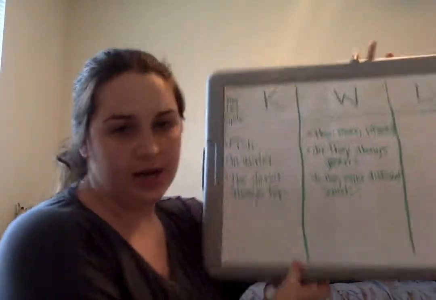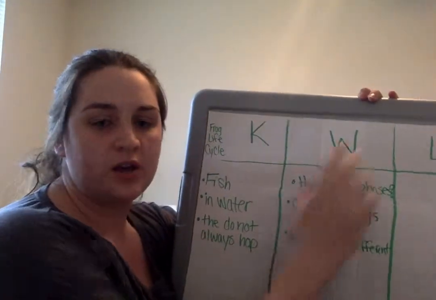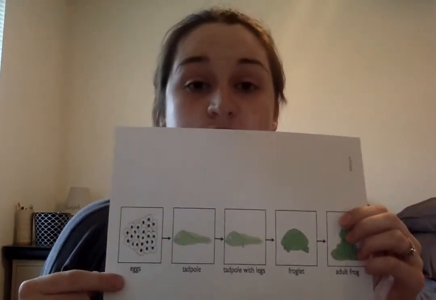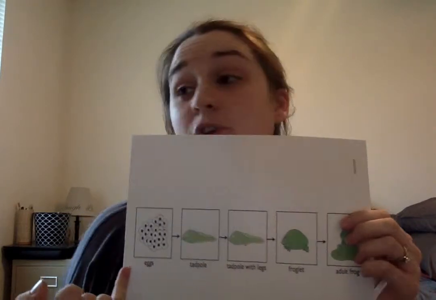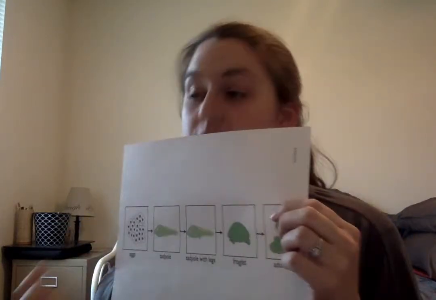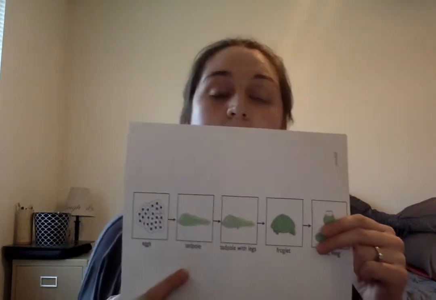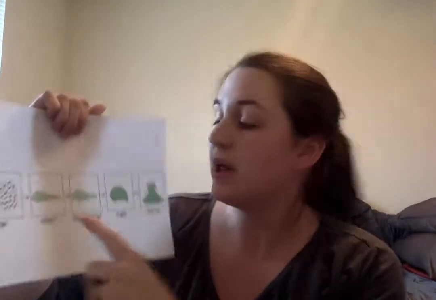Now that we've all had our own ideas to share with each other, we're going to go ahead and fill out our L on our thing, and we're going to use what Mrs. H teaches you right now about those phases. So like everyone, we talked about eggs were the first phase. So everyone had eggs. Raise your hand if you had eggs on your first phase box. Exactly. The next one, this is the word for this phase. It's a tadpole. Some people had fish. Some people had different words to describe it, but it's called a tadpole. Can everyone say tadpole with me?